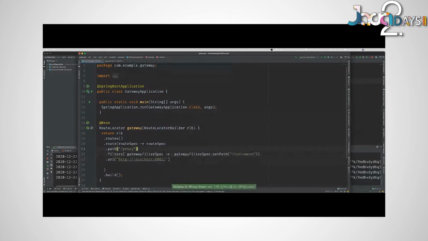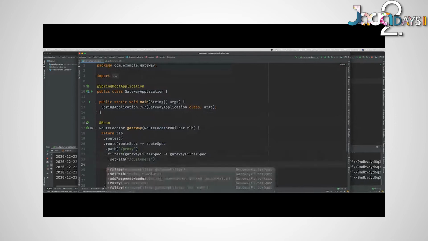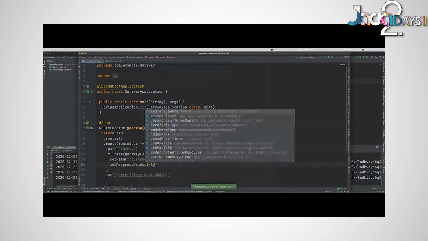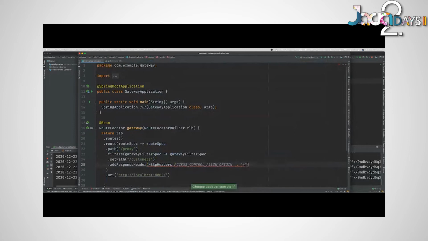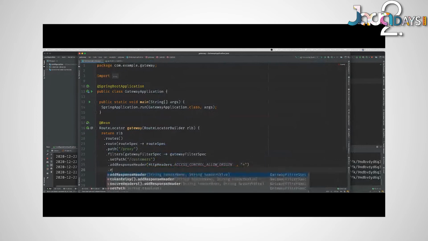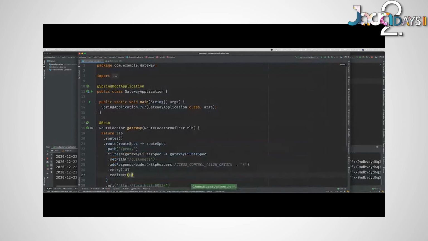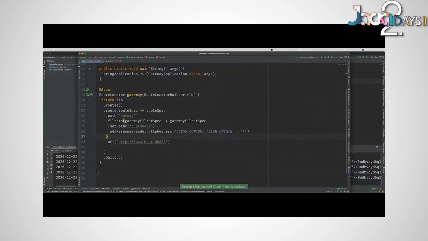So the incoming request will be transformed. That's the power of these filters, is the ability to act on these incoming requests. And this, of course, all builds on the reactive APIs. And you can do really amazing things. You can say, oh, well, I want to add a header like so, right? So Access-Control-Allow-Origin. Or I can do a retry, right? 10 times. Or I can do a redirect, right? I can do all sorts of interesting things here at this filter level. There's rate limiting, there's security, I mean, anything you want. Or you can just write your own filter, right?